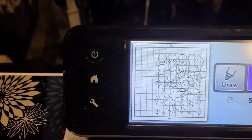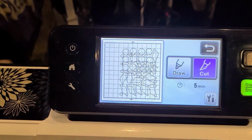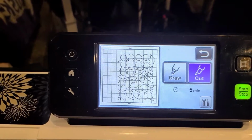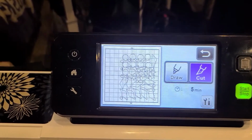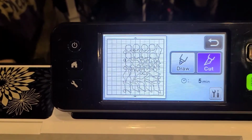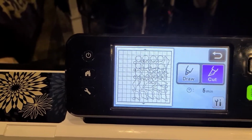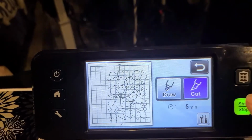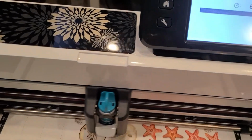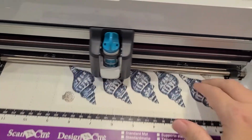I will need to watch it to make sure that the paper doesn't move. The reason why I had mentioned earlier that I don't use the A2 size cut down pieces is because they tend to not stick well enough. I have had the best success using a full 8.5 by 11 sheet. Even a 12 by 12 would work really well on this because it is a 12 by 12 mat. So I'm going to go ahead and tell it to start, and I am going to be kind of observing and making sure that I keep